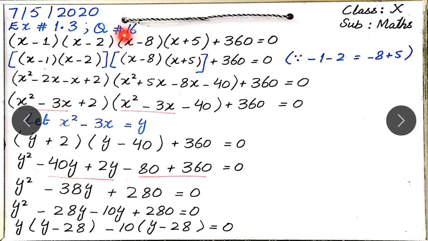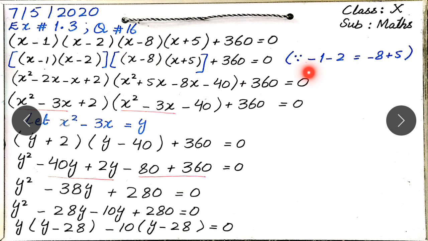Next is question number 16, and the question is written here. We can see in the question there are 4 brackets. It will be very complicated and lengthy if we multiply all these 4 brackets, because the round bracket shows multiplication. So we will apply a shortcut method, that is, minus 1 and minus 2